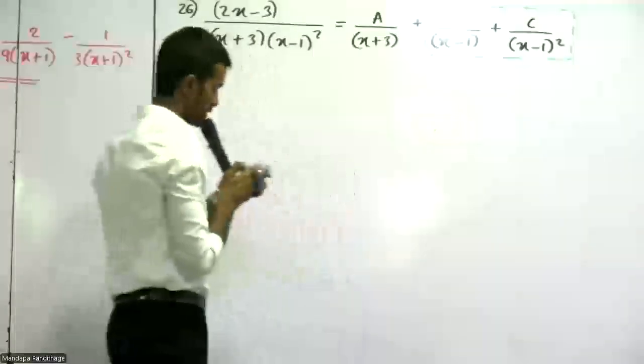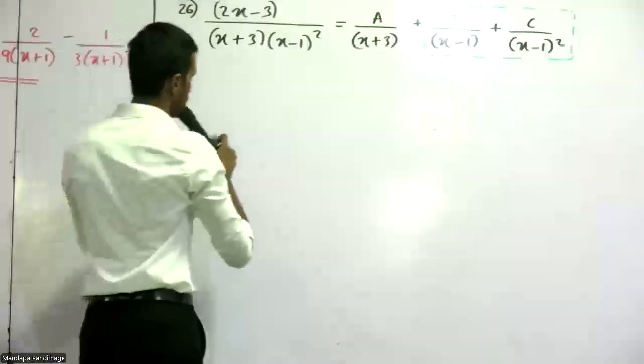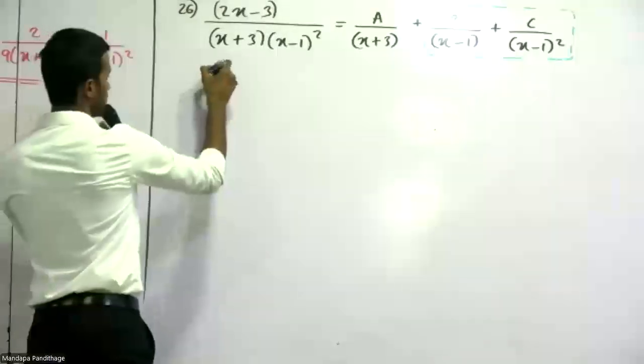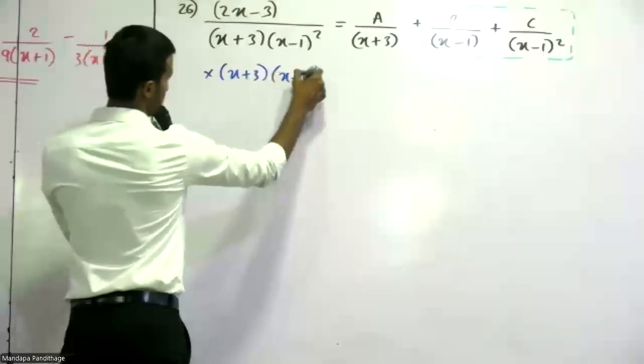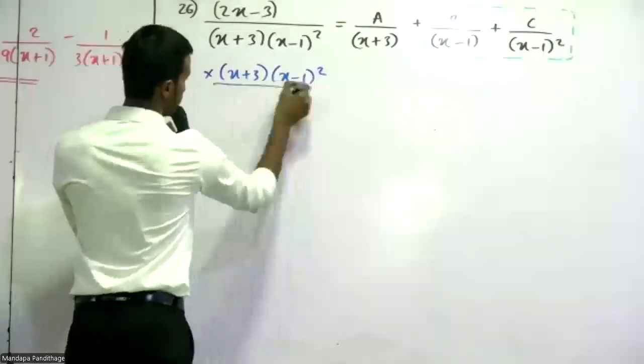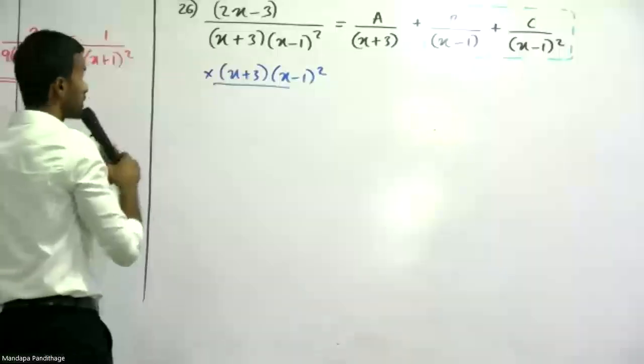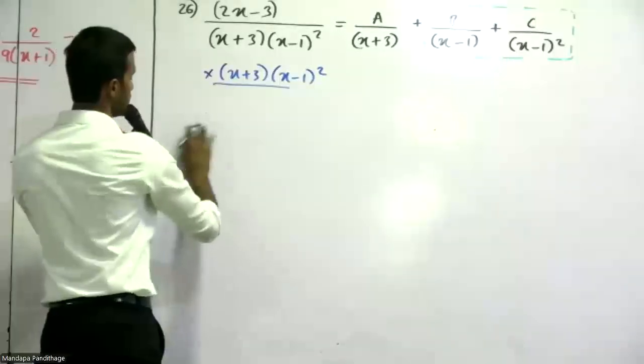Same simplification, multiply by x plus 3 and x minus 1 squared. Then you get 2x minus 3